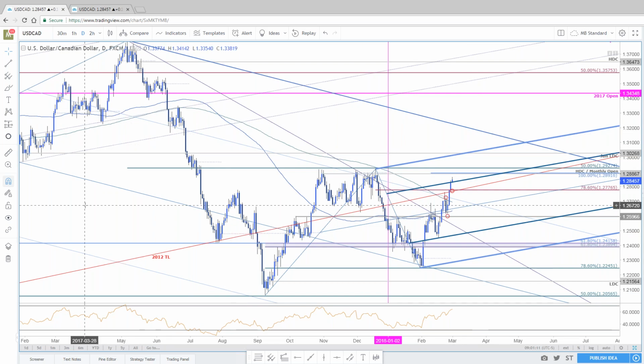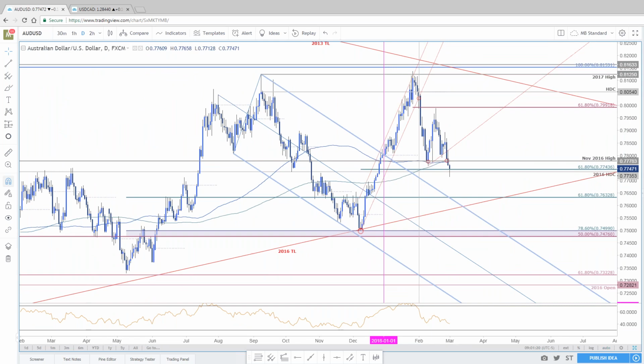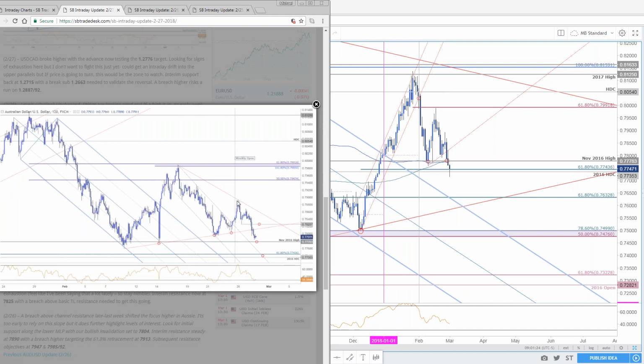Okay, questions on the loonie. It's number 5. Number 6, Aussie. So the Aussie obviously saw a massive tumble. We've been tracking this one as well, seeing a little bit of a rebound here today. Here's what Aussie looked like earlier in the week. The break, again, very similar to what we did with the euro dollar, right? Very clean break of the weekly opening range, shifted the focus lower in price.